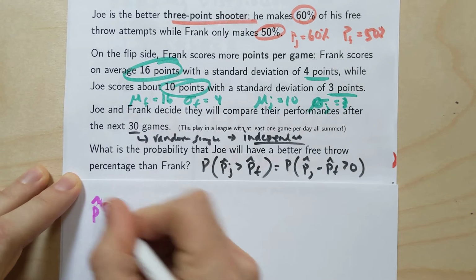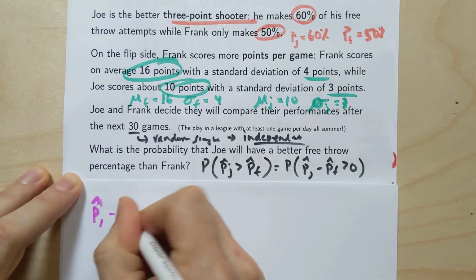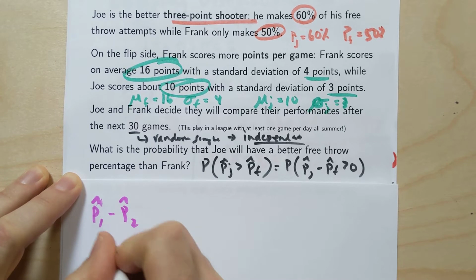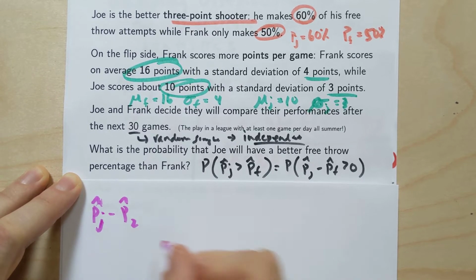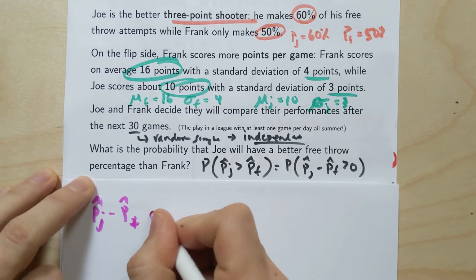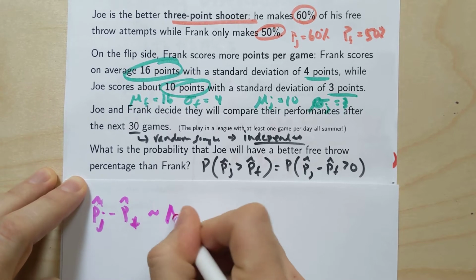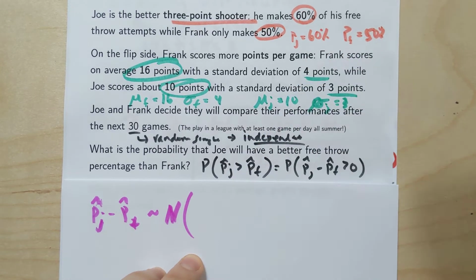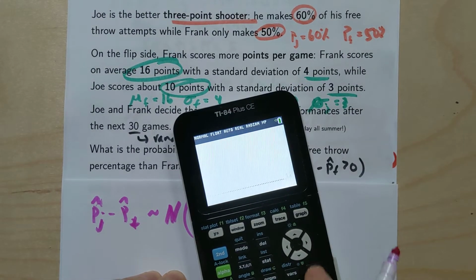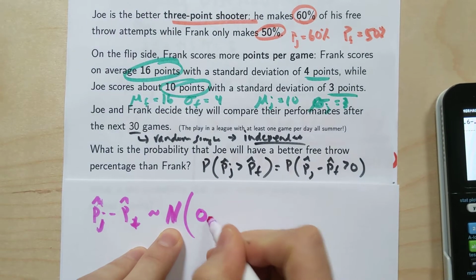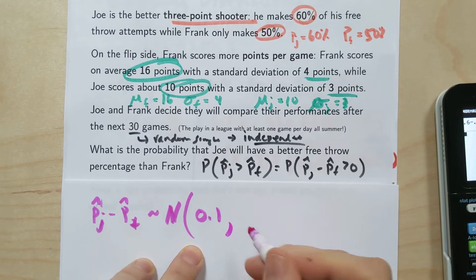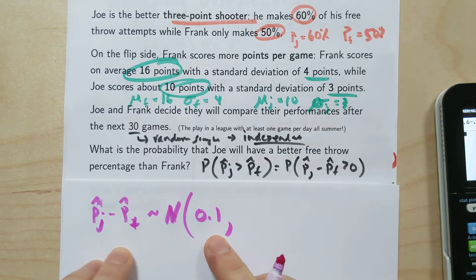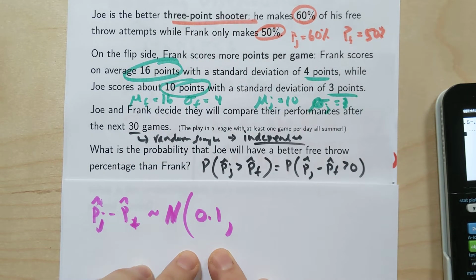So we should know that the distribution of P hat 1 minus P hat 2, actually, let me call this P hat J minus P hat F, right? Let's say that this distribution will be approximately normal by the large counts condition, and its center will be the difference between these two guys. So I don't even need a calculator for this, but 0.6 minus 0.5, that's 0.1. And so I know that on average, the difference between their free throw percentages, 3-point percentages are going to be,